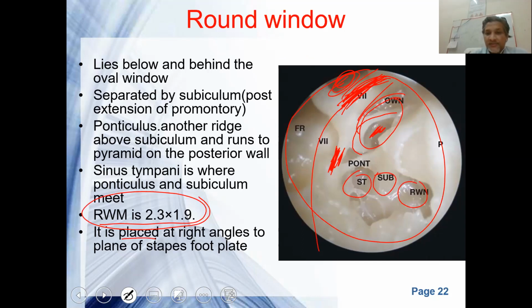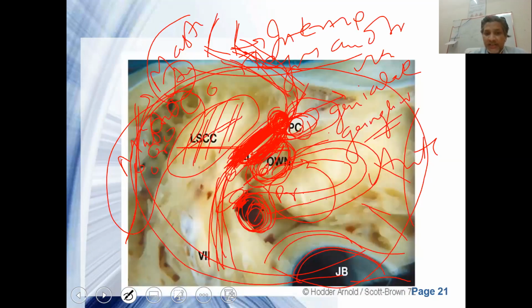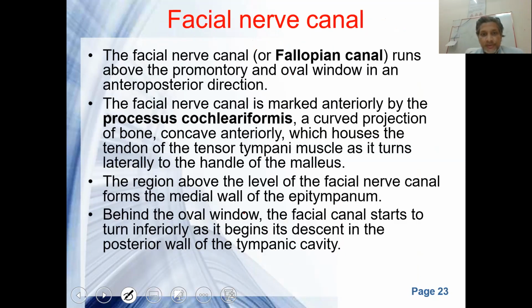So the round window is not a through and through structure. You can't see it most of the time. It is hidden under this bony ledge. You have to remove this part of the bony spicule in order to actually look at the round window. But the facing of the lateral wall of the round window may vary. Sometimes it is horizontal, sometimes it is angulated, and even vertical. Next, we have already discussed the facial nerve.